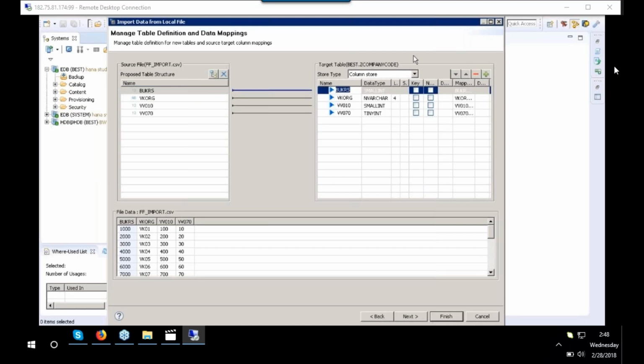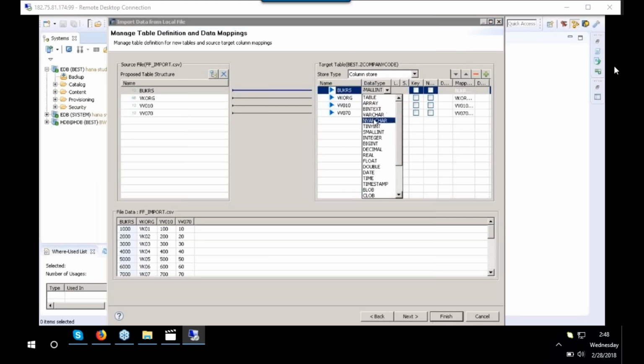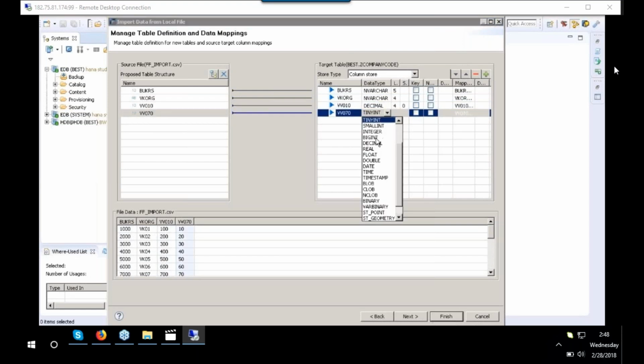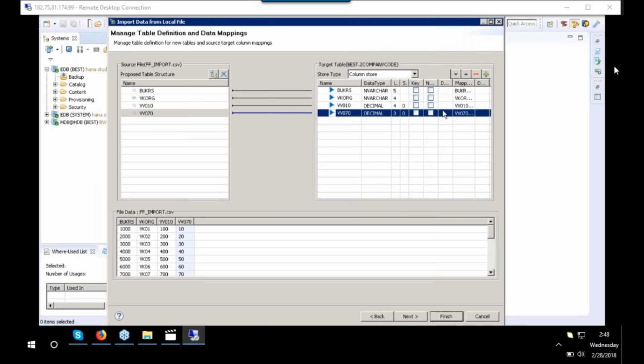Here you see, you have an option whether you would like to import this table as a column store or a row store. I'll select this as a column store. If you want to change the data type, you can change the data type according to your requirement. So once you've given these details,